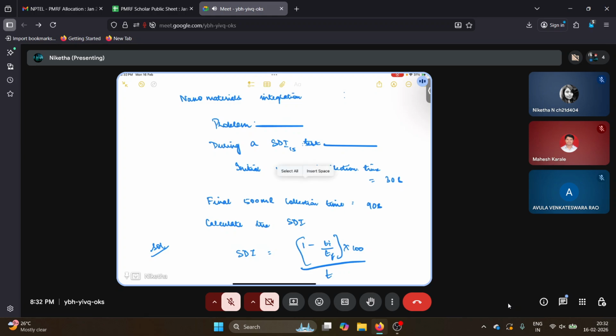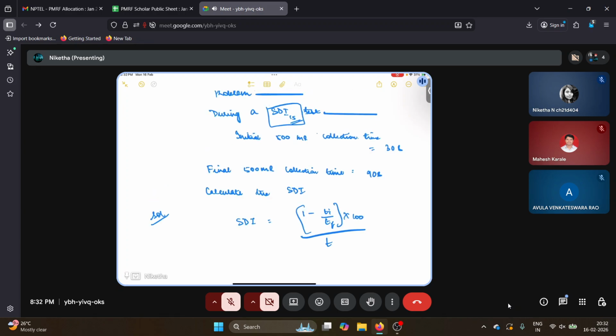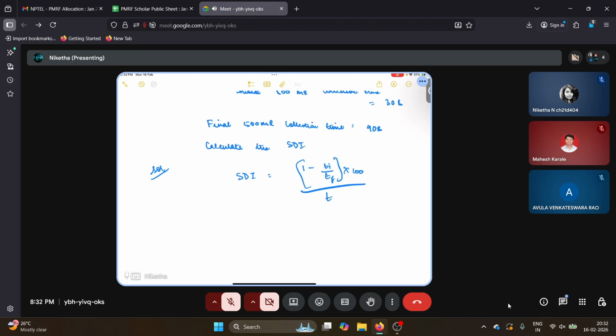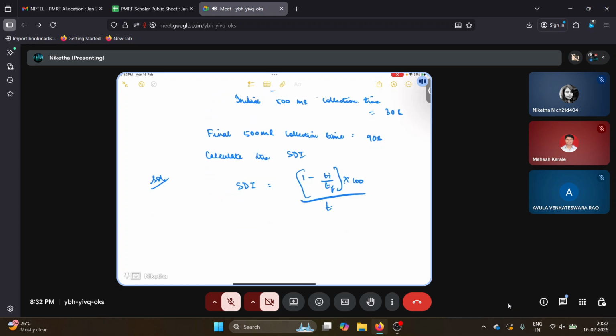So here I mentioned it is SDI 15. So this 15 here denotes 15 minutes. It means the test or the collection was done for a total of 15 minutes, of which the first 500 ml was collected in 30 seconds and the final 500 ml was collected in 90 seconds. But the total time that it took for all of the feed water to pass through the membrane is 15 minutes. So the total run time is 15 here. So SDI 15 means the test was run for 15 minutes. So T here is 15 minutes